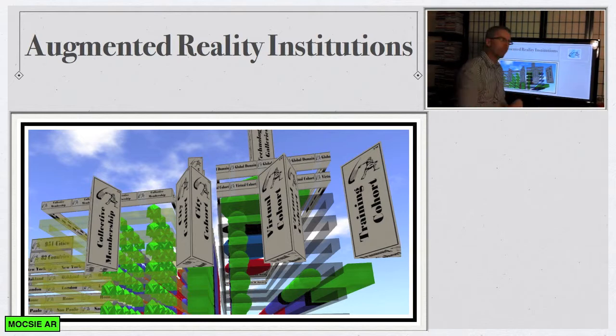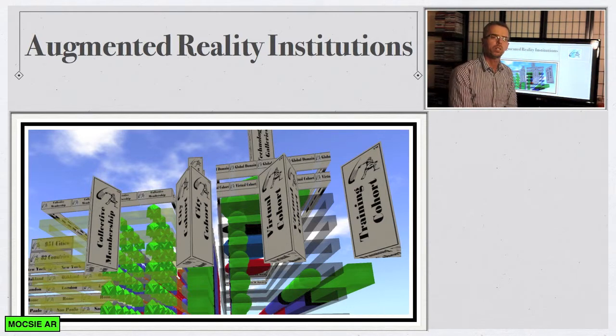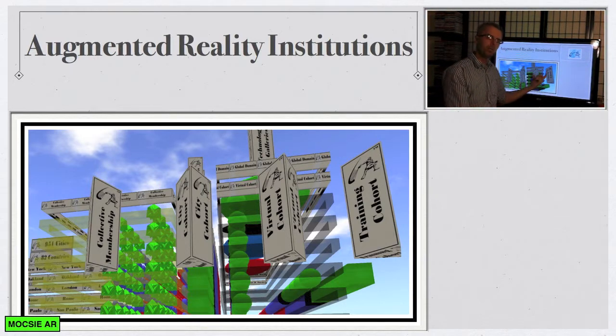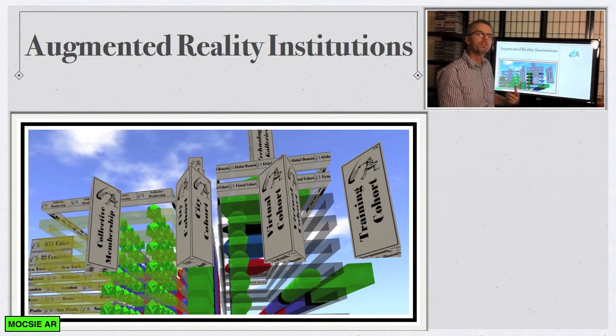In between them, we have the virtual cohort. This is where those people meet and interact with each other on a daily basis, just as if they went to work at a government center downtown in Washington, D.C. But this is a virtual reality institution, so we're talking about augmenting the experience for the virtual cohort, and we're also talking about the hundreds of thousands of people who were on Tahrir Square, and those individuals who were protesting in 951 cities in 82 countries.